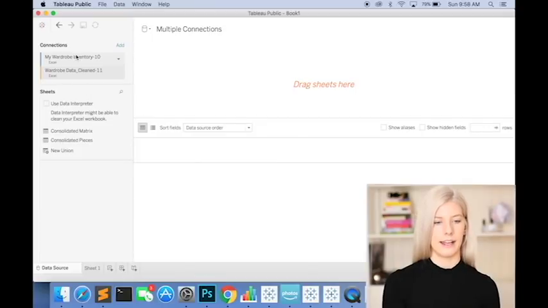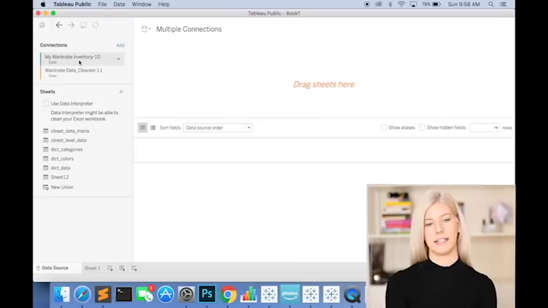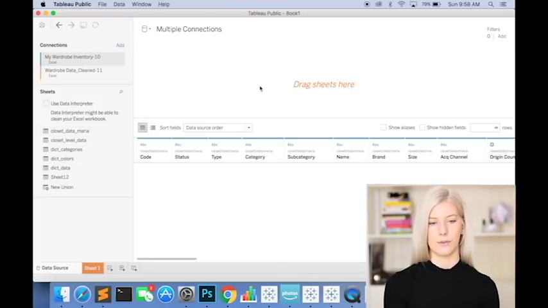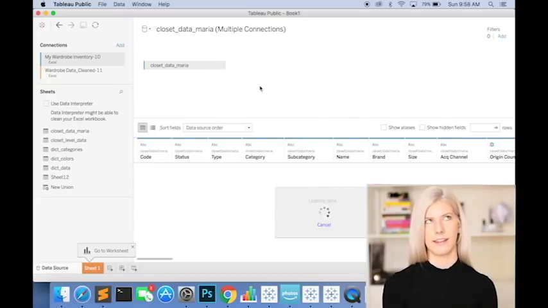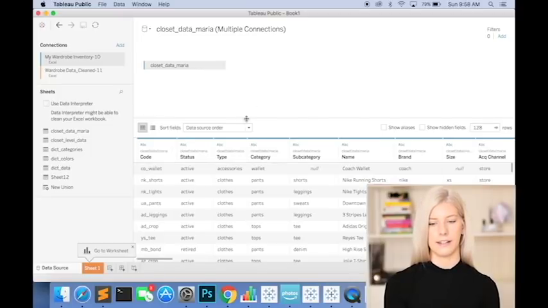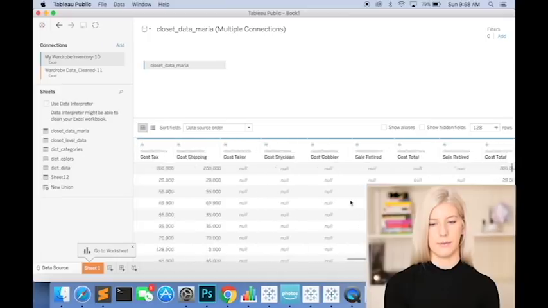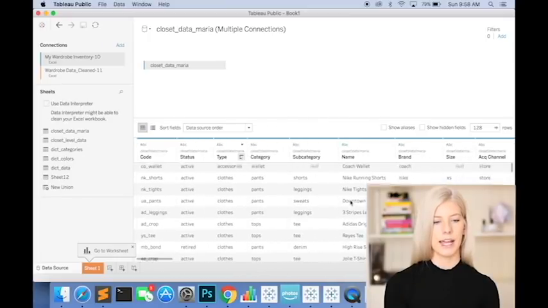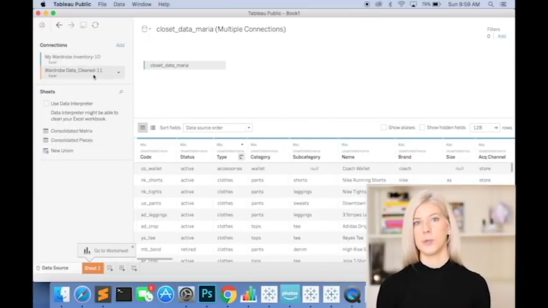Okay, so you'll see right now I have my 2 Excel files. One is the inventory and one is the daily tracker. So I'm just gonna pull in my inventory sheet. I think that file actually had a few sheets, but you can see here's all of our data that we saw in Excel. And next we're gonna join that data set with our consolidated